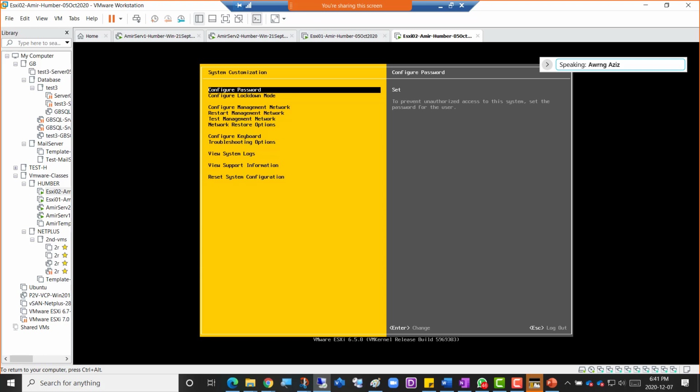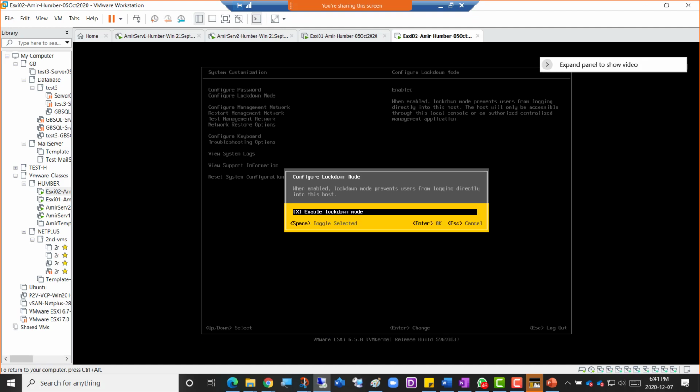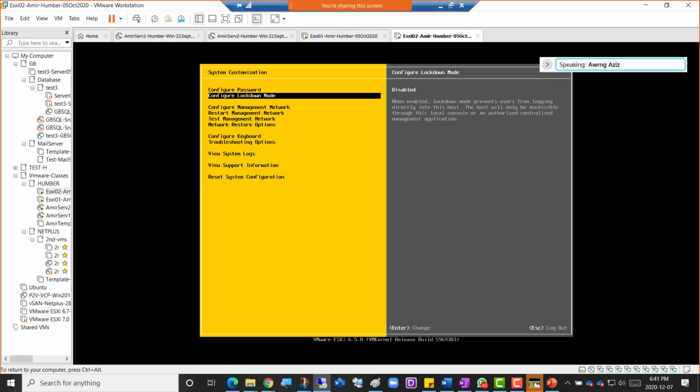Then configure lockdown, that one? Yes. Go to the lockdown, press enter on top of that from the keyboard. It's all keyboard, then. Simply press the space bar to uncheck enable lockdown, and press enter to confirm. Yeah, okay, thank you. Welcome. And repeat it on server 2, ESXi2, as well.